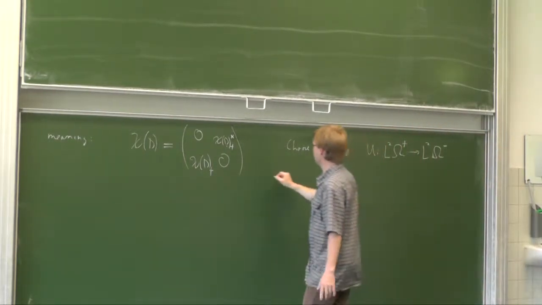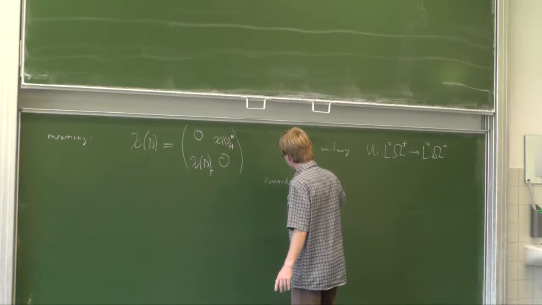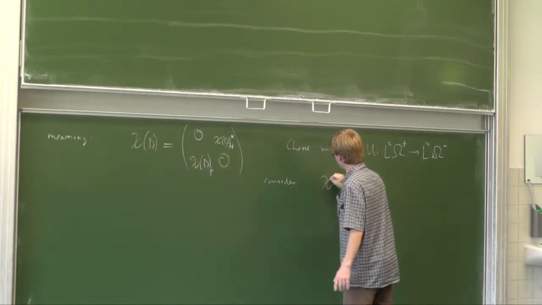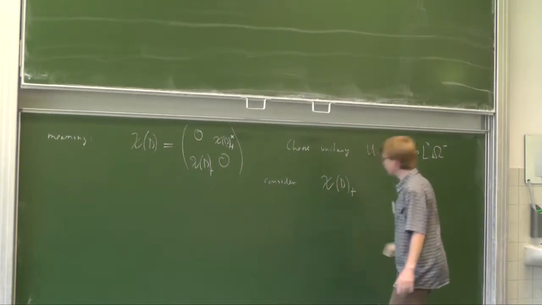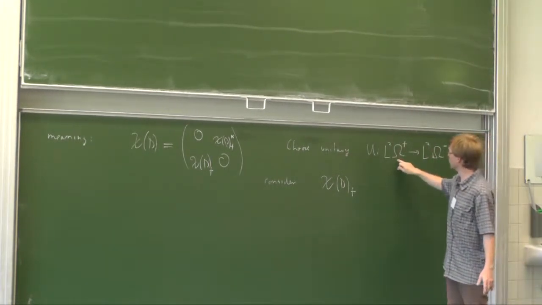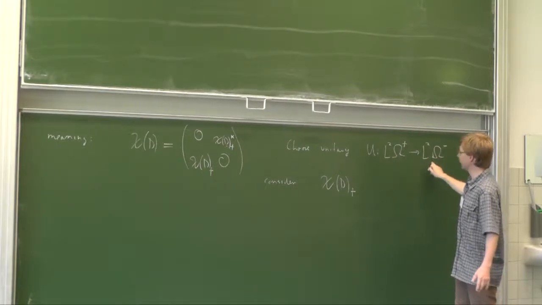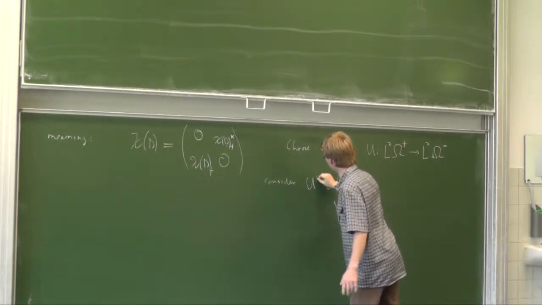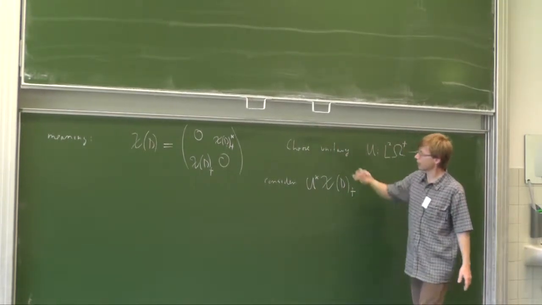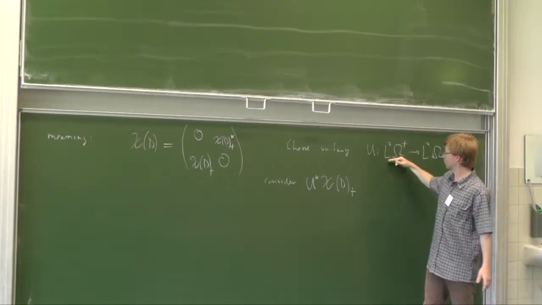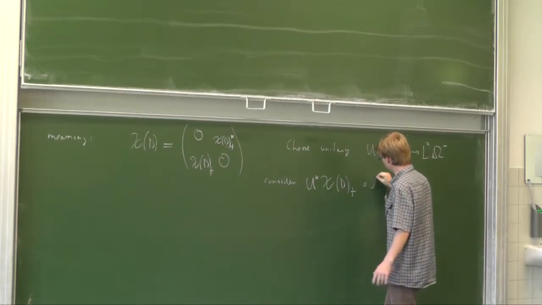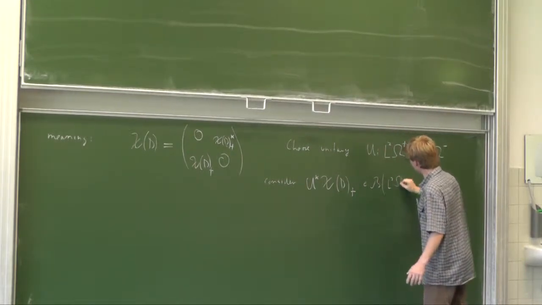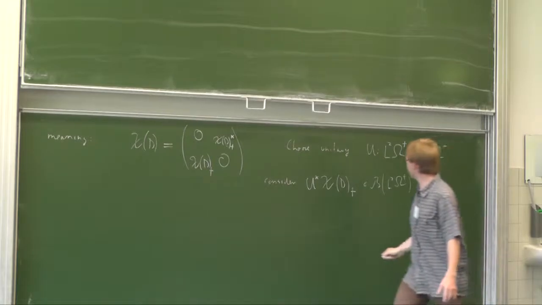And then we consider chi of the plus part of it. So that goes from L2 plus to L2 minus, and I can compose with U star, and that's a self map of L2 omega plus. Okay. A bounded operator on L2 plus, and I claim